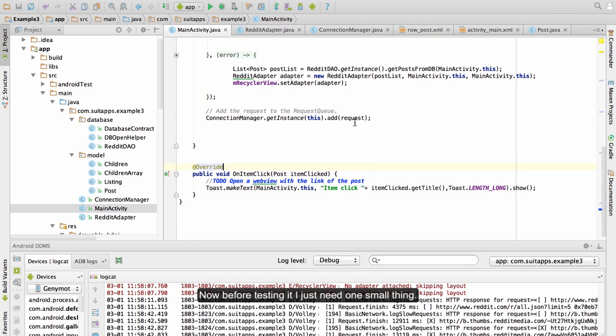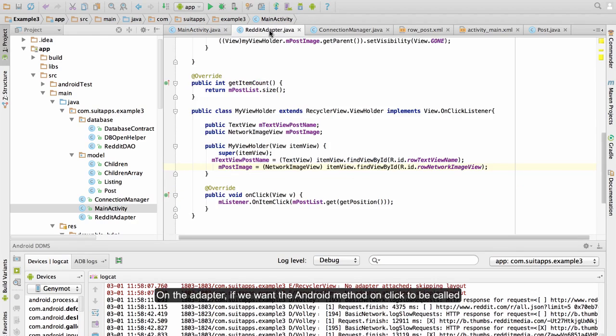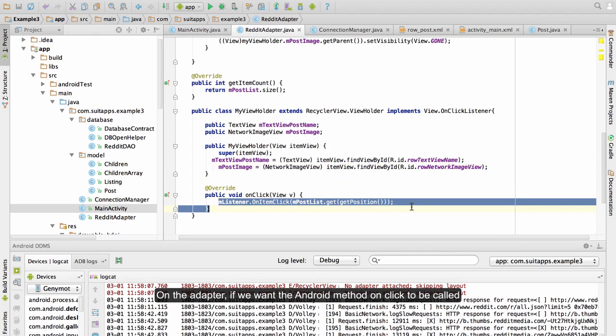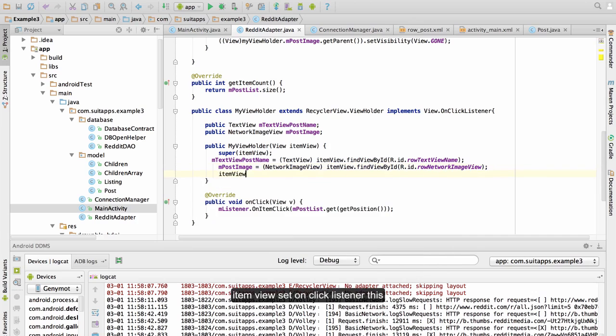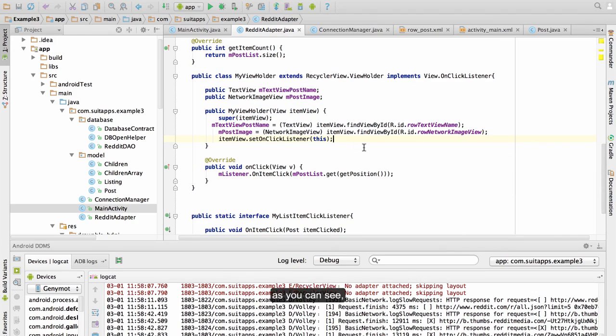Okay. Now before testing it, I just need one small thing. On the adapter, if we want the Android method on click to be called, we need to set the click listener to the view: itemView.setOnClickListener(this). As you can see, the Android on click listener is basically the same implementation of the pattern that we are doing.